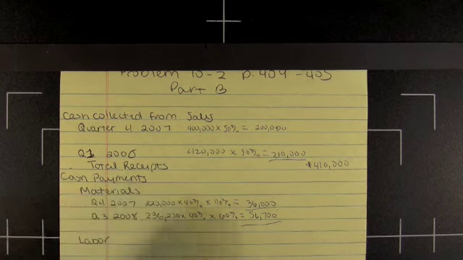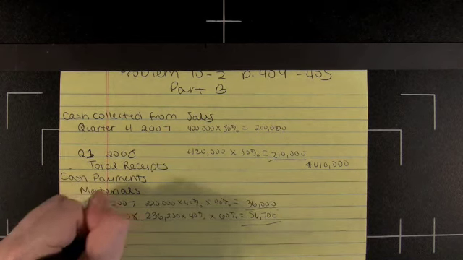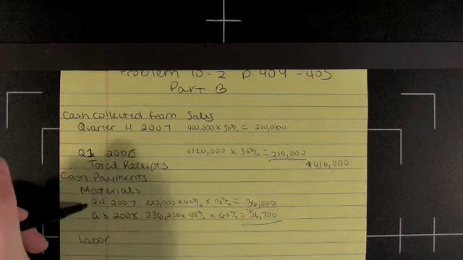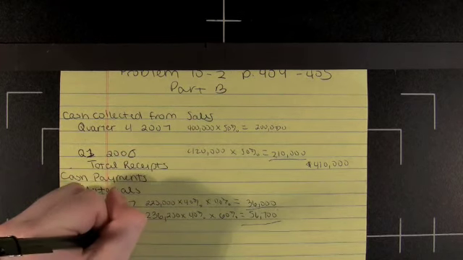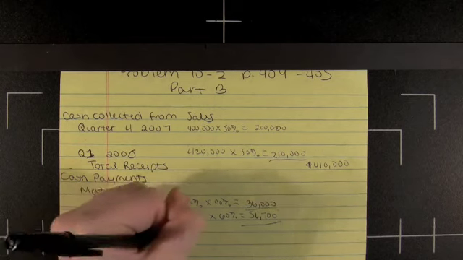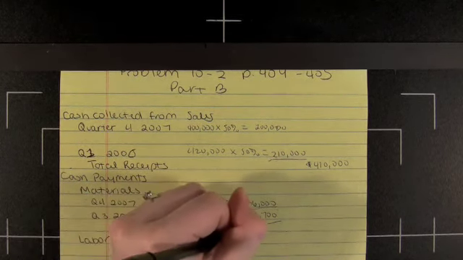materials. Turning to labor. Labor is 40% of our variable costs, and they are paid for in the quarter that they are incurred. So we have no payments from the prior quarter, but for the current quarter, we have $236,250 times 40% to get our labor payments, which is